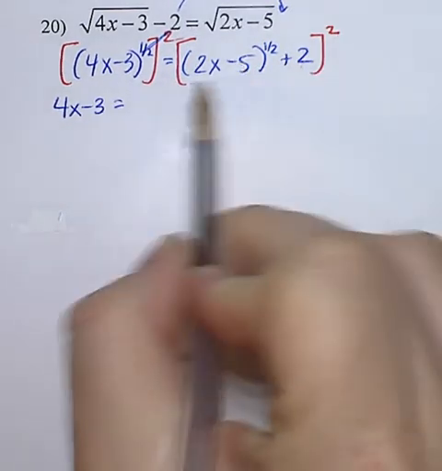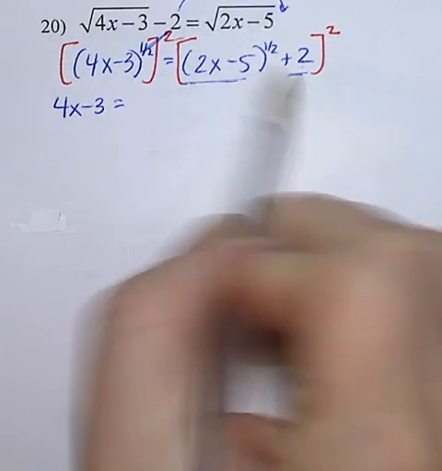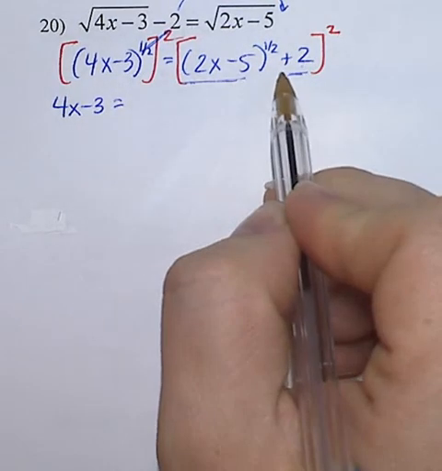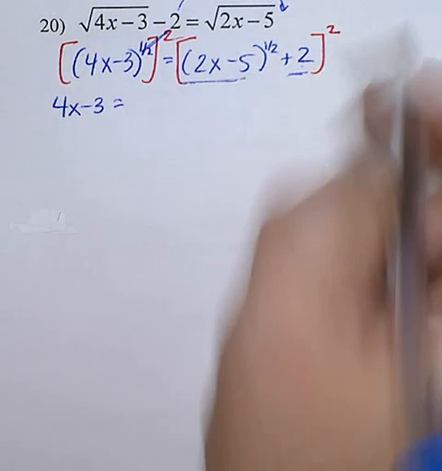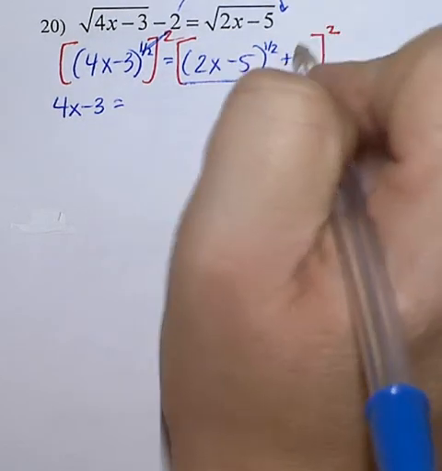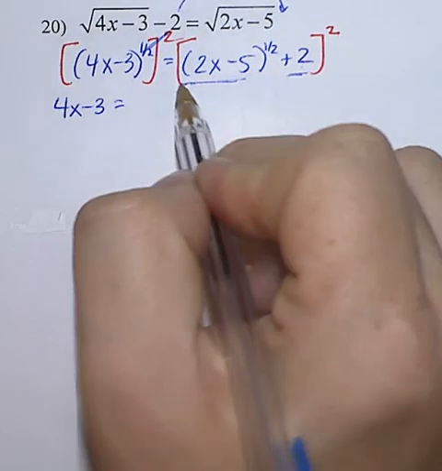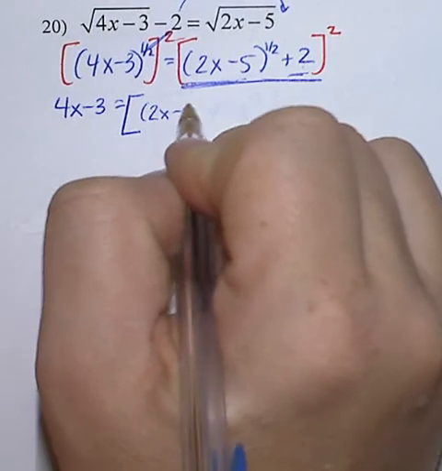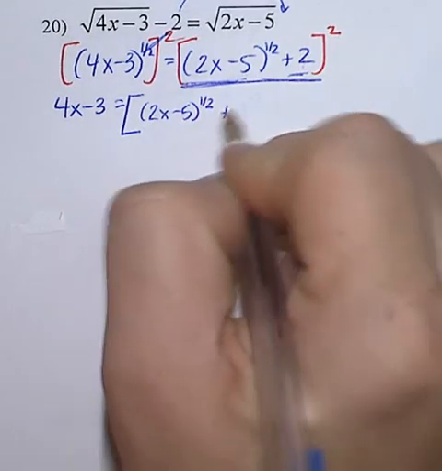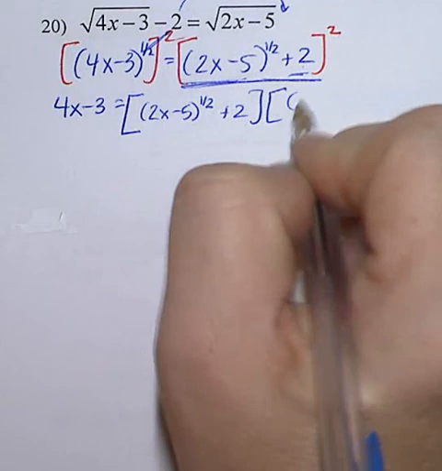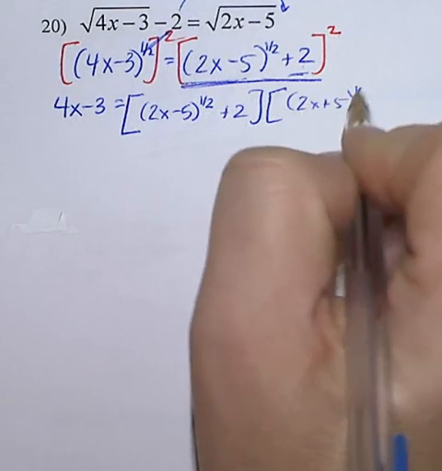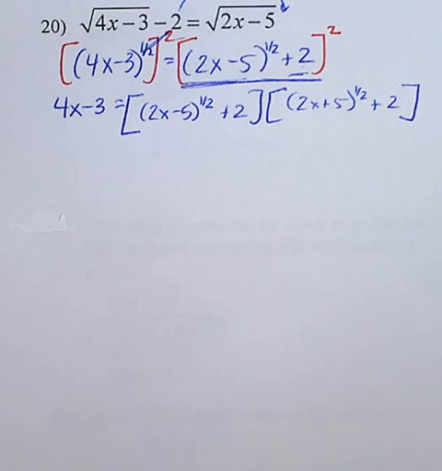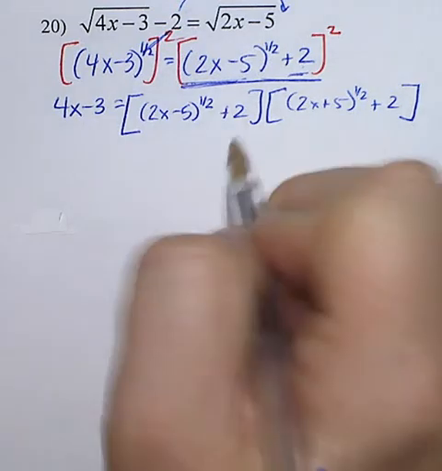Because these two quantities inside your brackets are separated by a plus or minus sign, in this case plus, I can't just distribute the square to the front portion and the back portion. In fact, I have to write this entire thing twice. On the right-hand side, I'm going to FOIL,